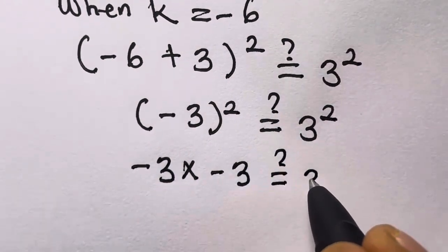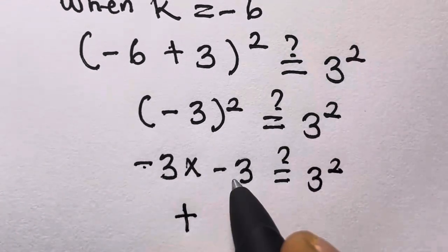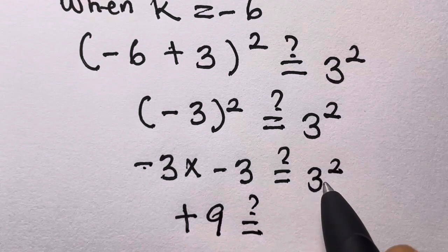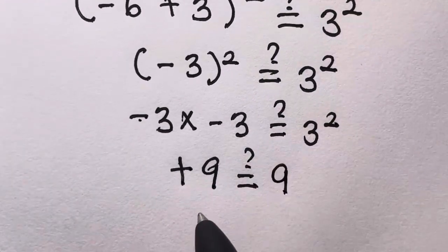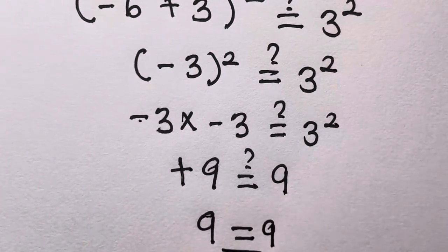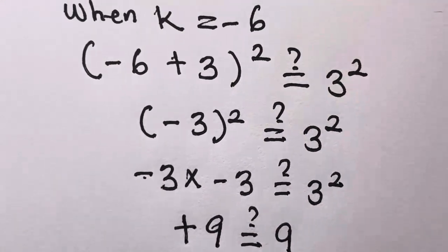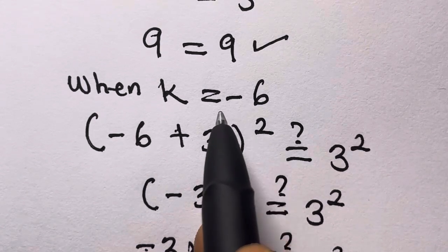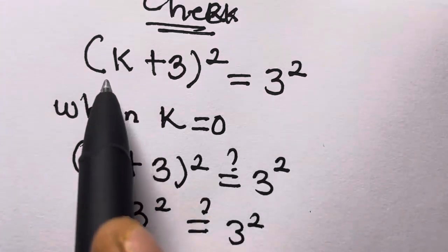Minus times minus is plus, and 3 times 3 is 9. And 3² gives you 9, so 9 equals 9. You observe that k equals minus 6 also satisfies the given equation (k + 3)²